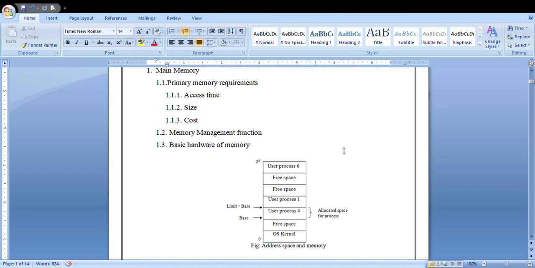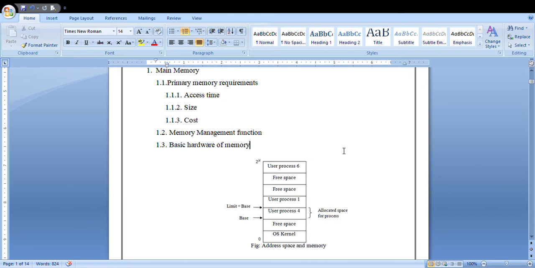And next one, if you, being a user, want to store any data or a program in the memory location, then for each and every process, a set of address space will be allocated. For each and every process, there is a dedicated address space in the memory location. How will the operating system identify the address space for this process? For identifying that address space, you are making use of two special registers. One is the base register and another one is the limit register.